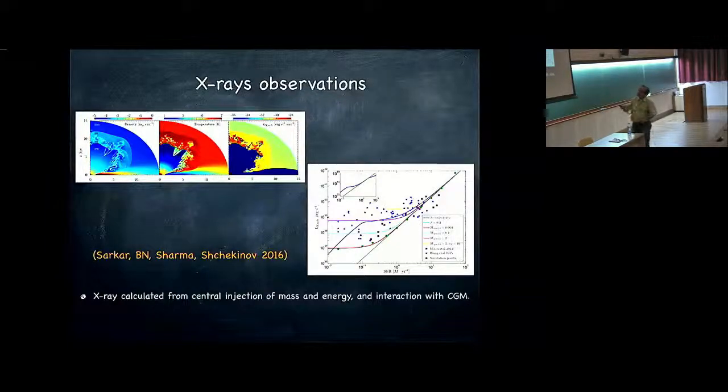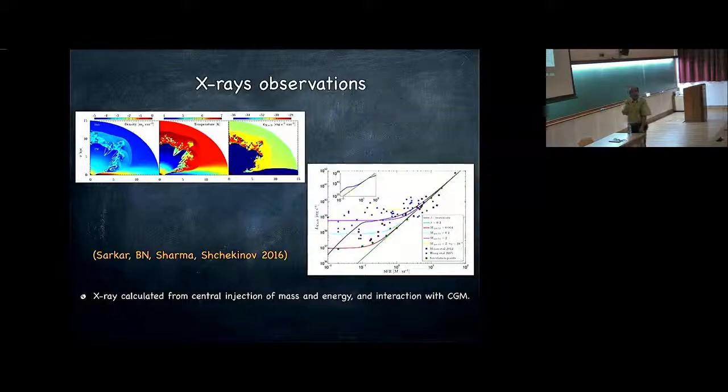This also tells us, for example, looking at the X-ray emission from this gas which is being thrown out. This is hot gas. A lot of it is hot gas. But apart from the hot gas, this is the temperature map. There is hot gas here, but there's also hot gas in the CGM, in the Milky Way type galaxies, which